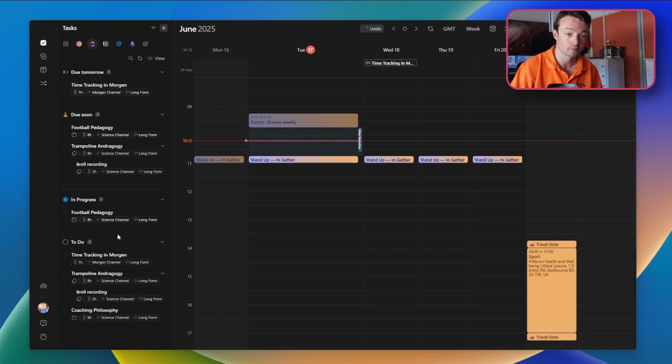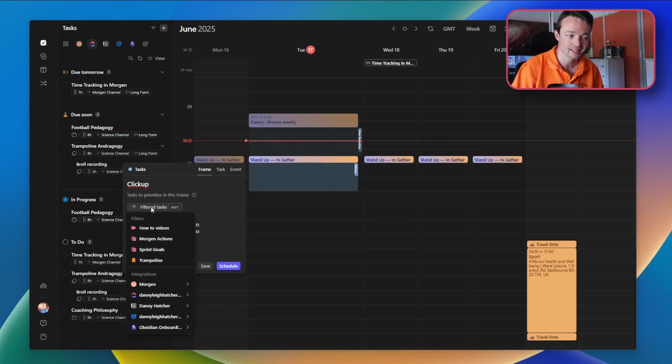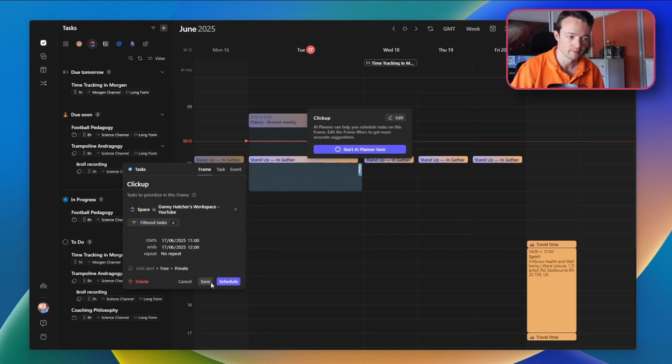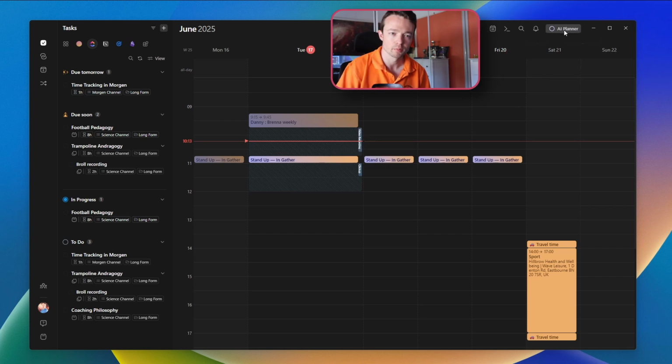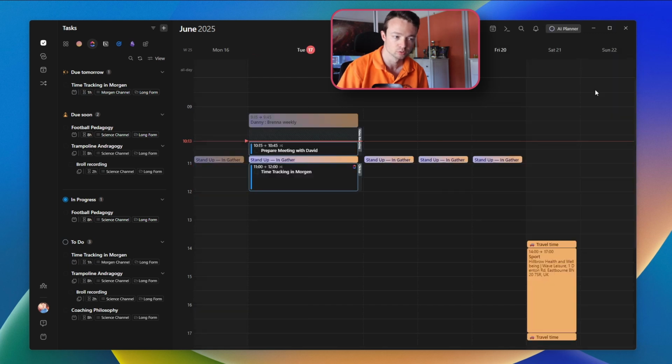Another way a ClickUp task could be scheduled in Morgen is using the AI planner. If I left click and drag from 11 to 12 to create a frame, call it ClickUp, and then add a filter for the ClickUp integration we've just added and say all tasks, make sure it doesn't repeat, and then push save. Now when I push the AI planner, it will suggest the ClickUp task inside of that frame, and I can schedule all. Now the task has been scheduled for 1 hour in this ClickUp frame, and I can